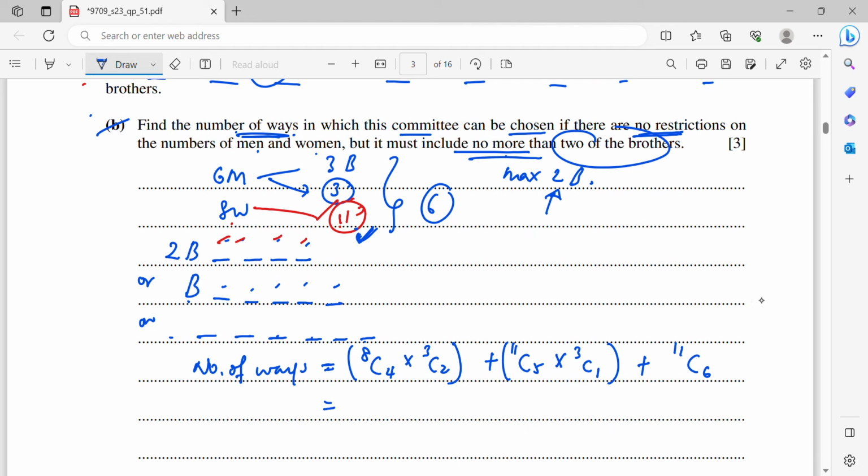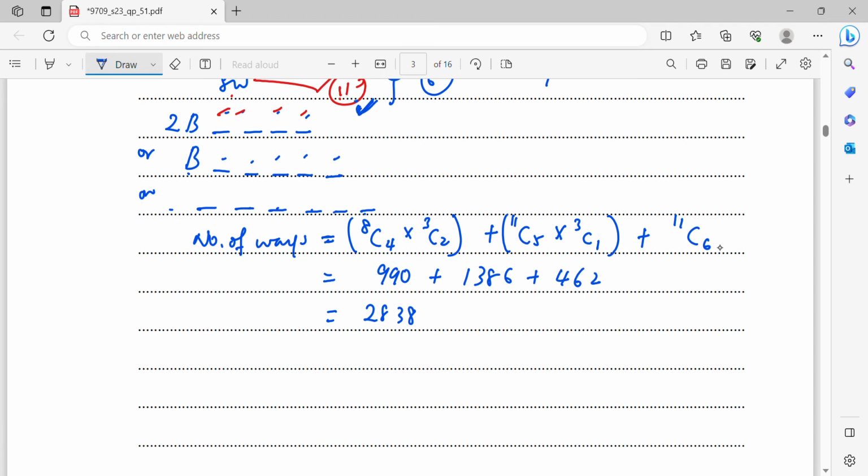Okay? So the first value is going to be 990. Second is 1386. And then the last one is 462. So at last, you will be getting 2838. This is by directly considering a maximum of 2 brothers. Also the 6 persons. So if you don't want to use this method, I have another method to be used,